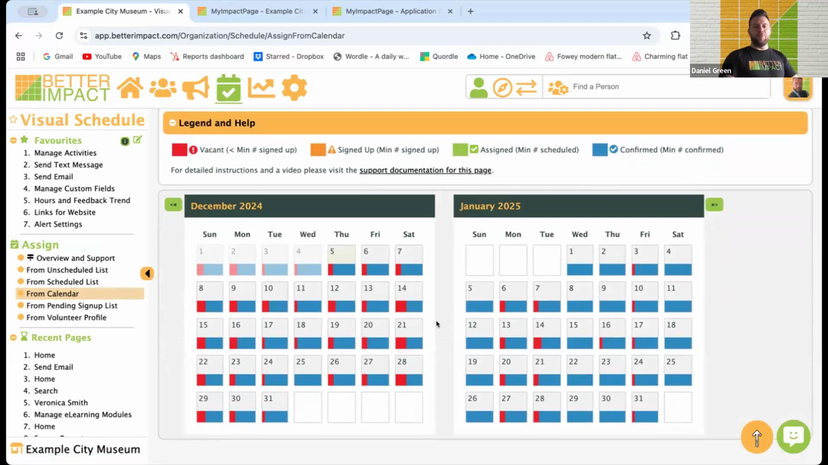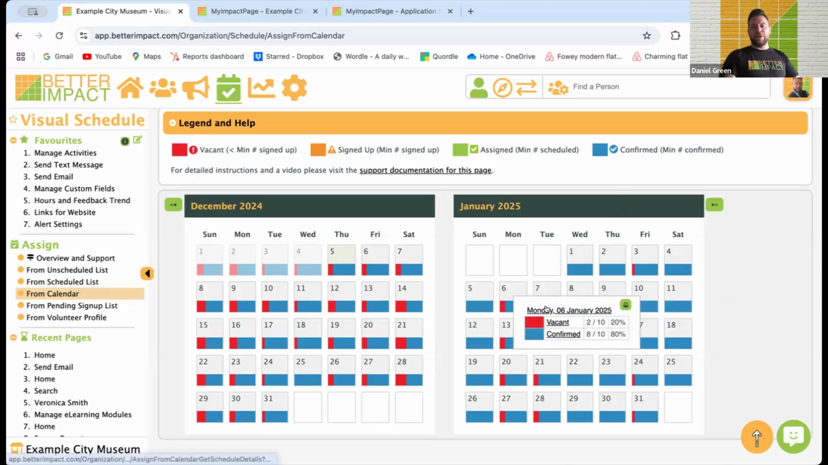So there's a lot of blue and red there. Red meaning that the activities taking place on that day have not been filled yet. So you may just want to focus on those ones, right through to the blue, which means the minimum amount of volunteers has been matched, and you don't have to worry about that. So if we have a look at Monday the 6th, for example, there's a bit of red there. If I click on Monday,